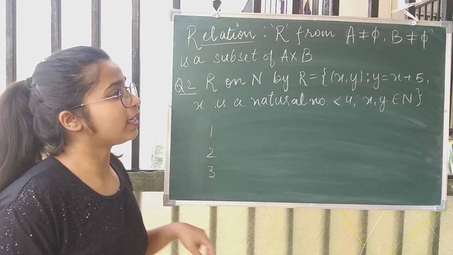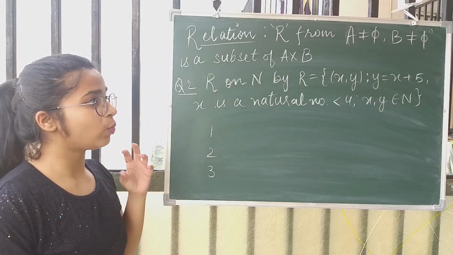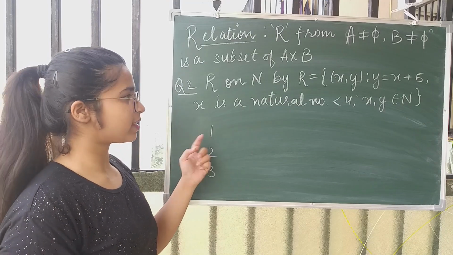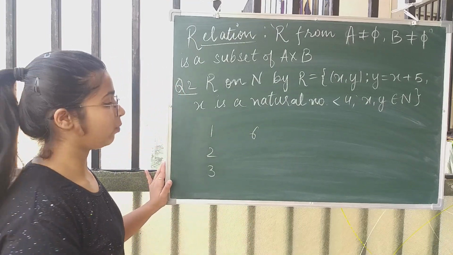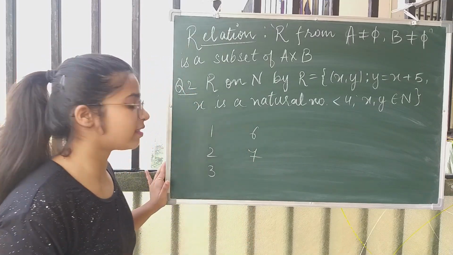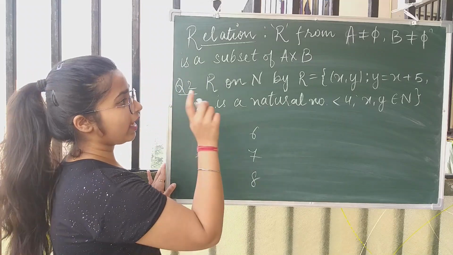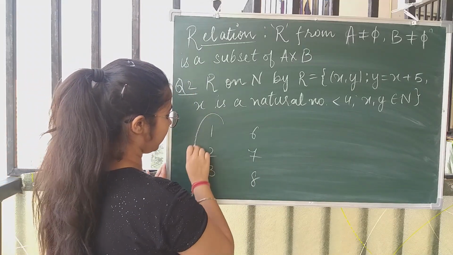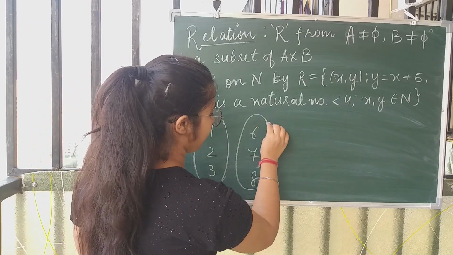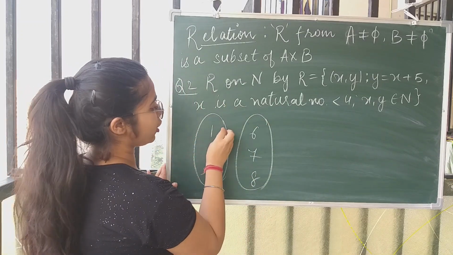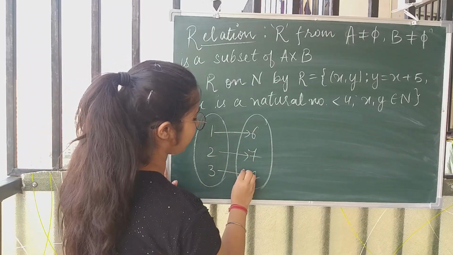ठीक है. अब अगर हम इस रिलेशनशिप को देखें which is y is equal to x plus 5. So y क्या क्या हो सकता है? If x is 1 then y is 6. If x is 2 then y is 7. And if x is 3 then y is 8. So we get that in this relation अगर ये हमारे पास एक कलेक्शन है और ये हमारे पास एक कलेक्शन है, so with this relation 1 goes to 6, 2 goes to 7 and 3 goes to 8.